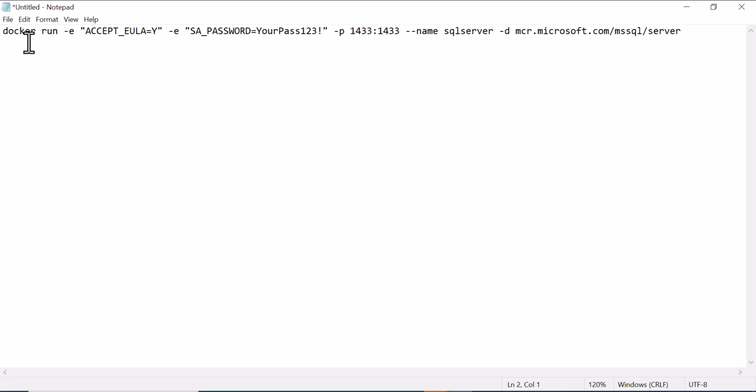I installed the SQL Server using this command. It's simply saying to run the container. When Docker doesn't find the container, it's going to pull it automatically. Here I say I accept the license. Here I set the password like this. It's just a dummy password. The mapping is port 1433 to 1433, which is the traditional and standard port for SQL, and it is using the official SQL Server image